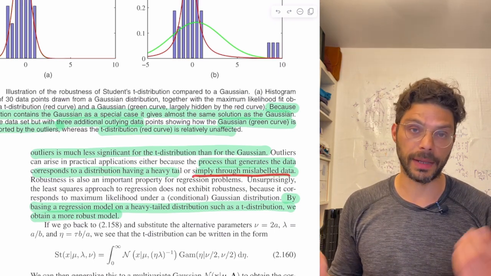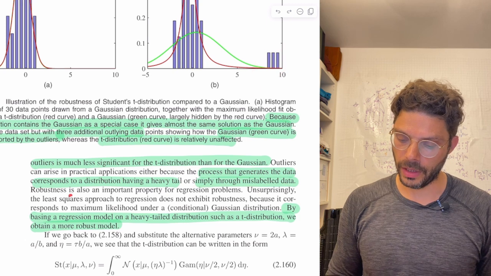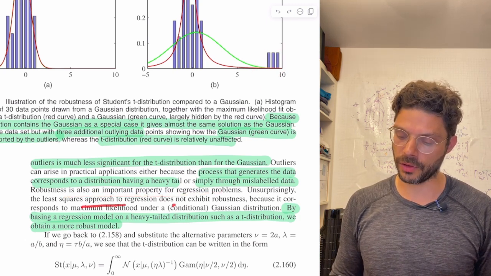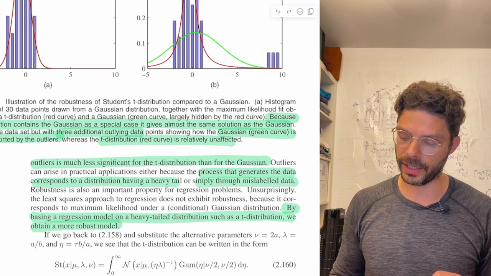Or simply through mislabeled data. So maybe that's kind of what's going on here. It's also an important property for regression problems. The least squares approach to regression does not exhibit robustness because it corresponds to maximum likelihood under a conditional Gaussian